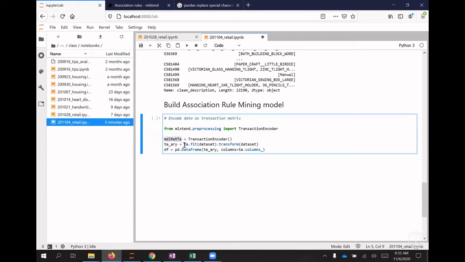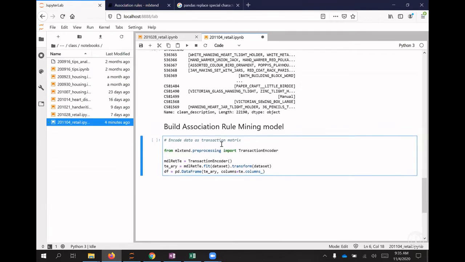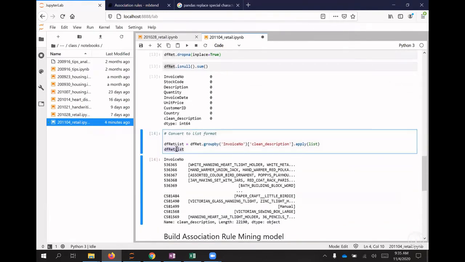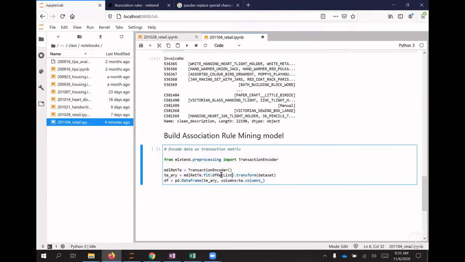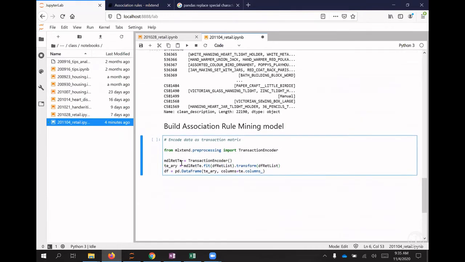I'm going to do a fit of my data set, which is my list, and that is basically in array form. So this is my conversion to array, and then